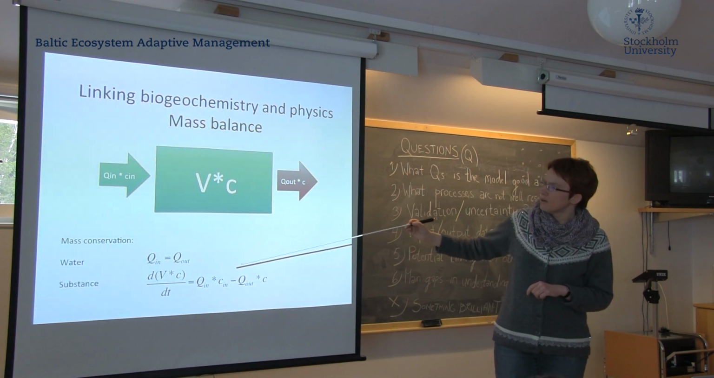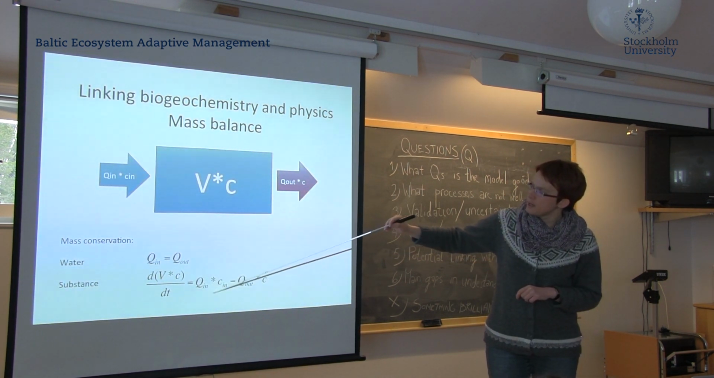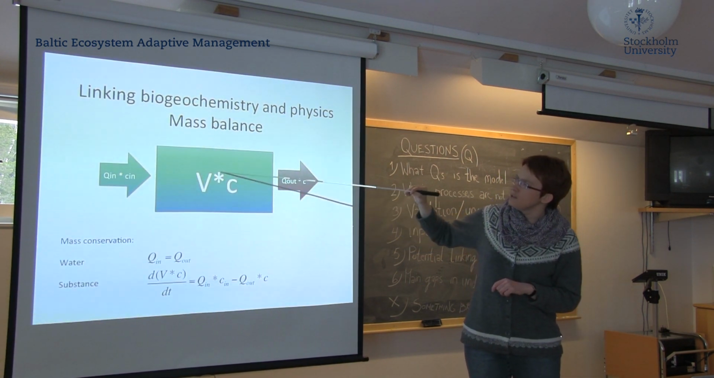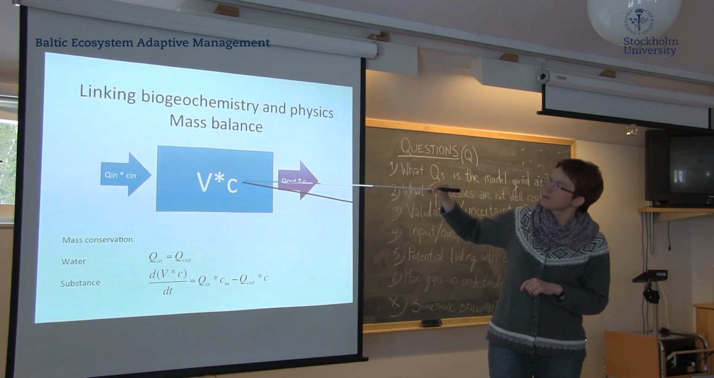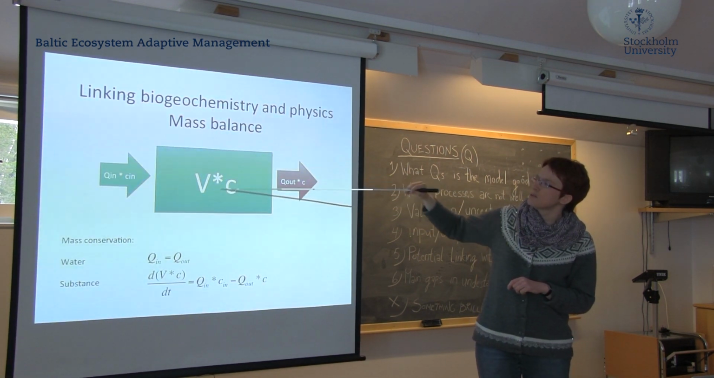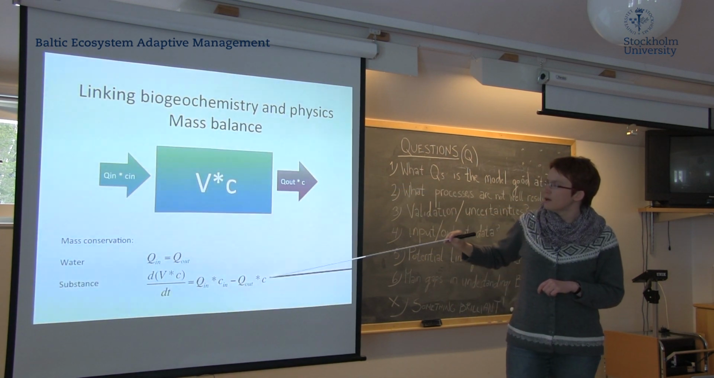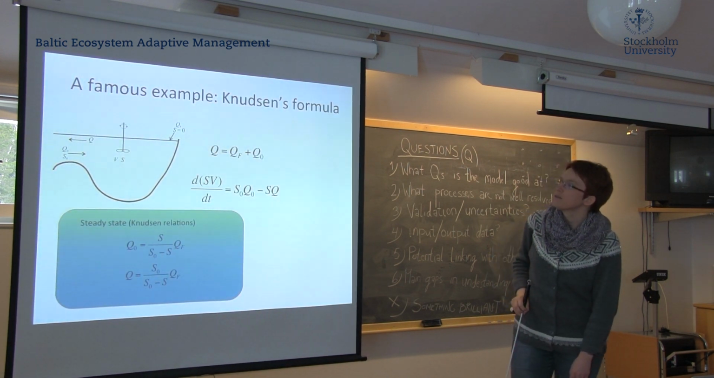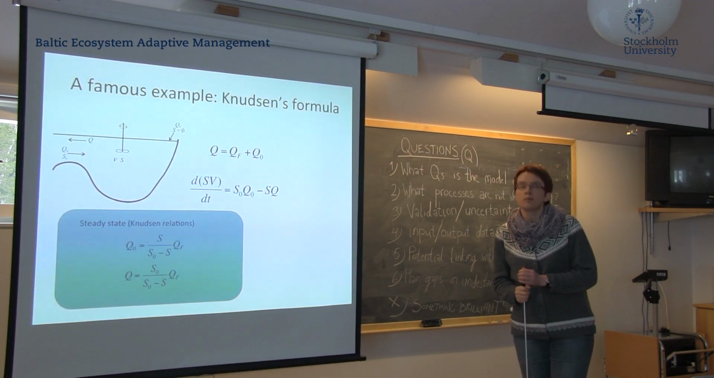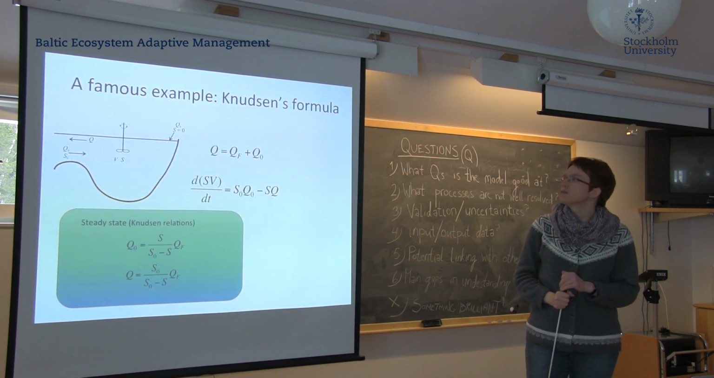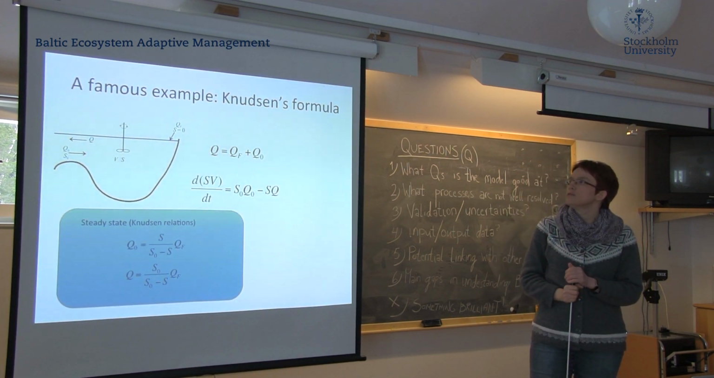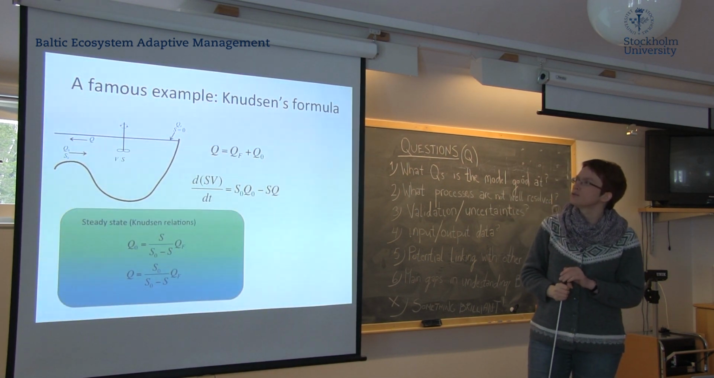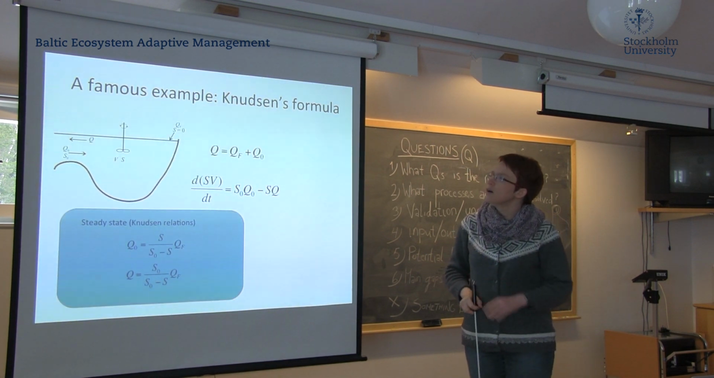Basically, you do what goes in minus what goes out, gives you the rate of change of your pool in the box. So the volume times the concentration is the amount that you have in the box. And those type of models have been applied, for example, also to simple systems. A famous example is Knudsen's salt budgets for the Baltic Sea and basically also for fjords,